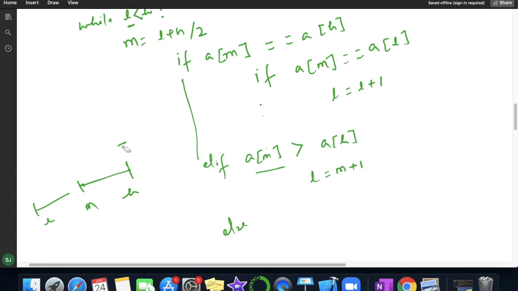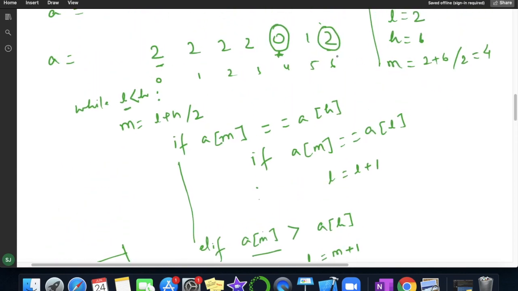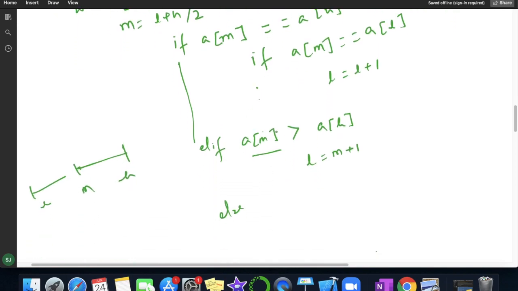Else if this was not the condition, like you can see here, this is our scenario. Here my mid value is not greater than the value present at the index high. Means our value won't be lying this side. Like you can see here, if the value was greater, like 10 is greater than 5, means we have to check our condition in this section only. And suppose if this is the condition 5 and 10, then what we have to do?